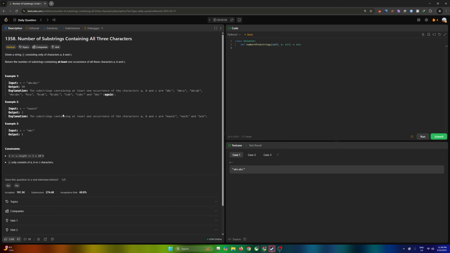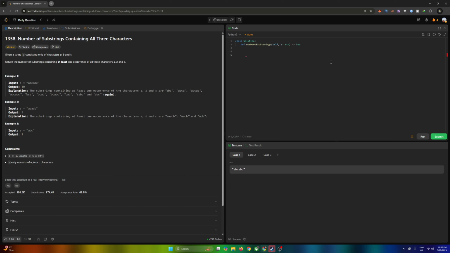Maybe, yeah, I had solved this kind of problem before. I was thinking if we can use collections Counter and make sure that the count is greater than or equal to 1, but if it's a continuous substring, that means we can use it. Okay, I missed starting my timer. So yeah,